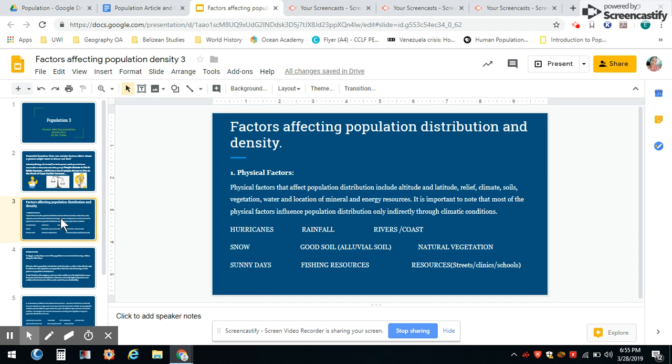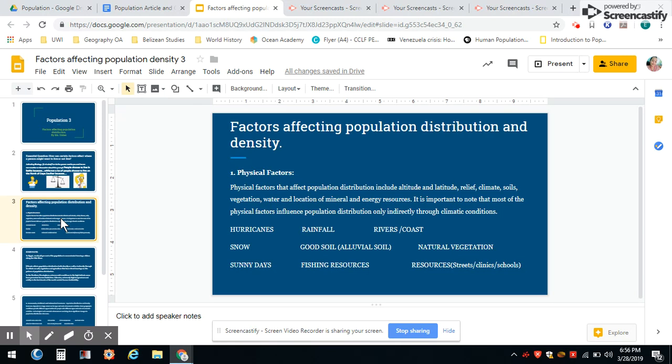The same thing for rivers and coasts. People tend to live around coastal areas and rivers. The Mayans, for example, had started to live in coastal areas in Belize, such as around the Bay of Corozal, because they were able to fish and trade in that area, right? We live on the coast and we enjoy living on the coast because of a lot of resources that are around. Other people like rivers, where they are able to use those rivers to bathe and for water supply,